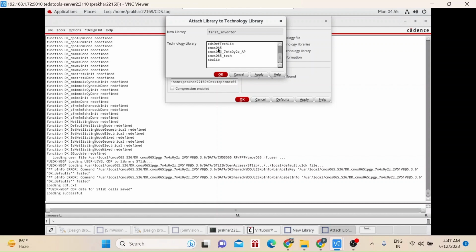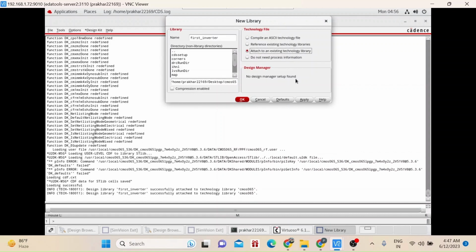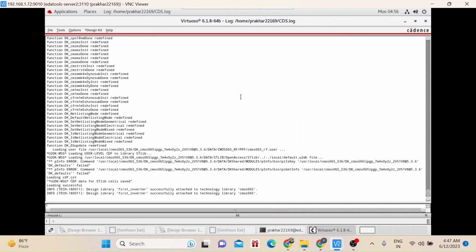So I will use CMOS065, choose from here and then click on apply, then OK. Again I will OK this. If this is the log file, you can clearly see here I have written design successfully attached to the technology library, hence the log file gets updated.